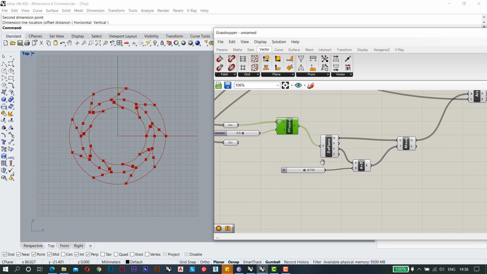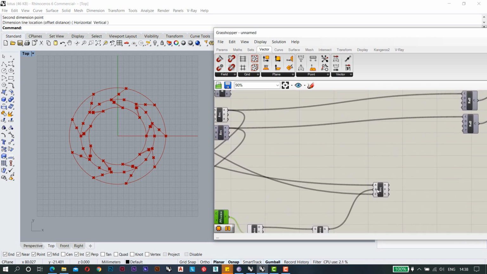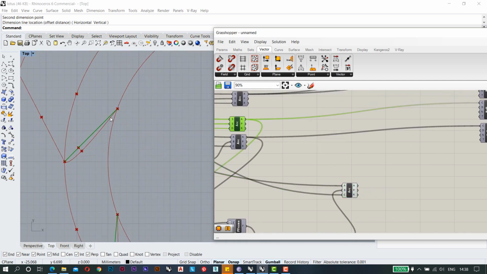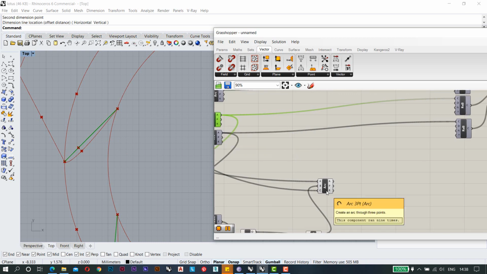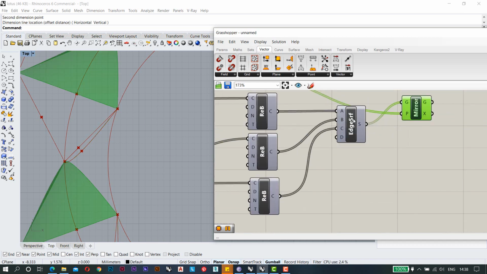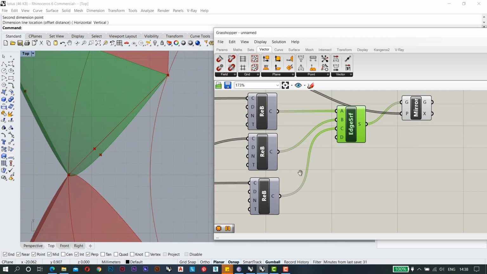Now I've made this arc, and I will connect this arc wherever I have this arc. This is right now the straight arc which is coming from this plugin. I'm just connecting this one instead of that. You will see the difference when I turn on these points. So basically they are coming like this.